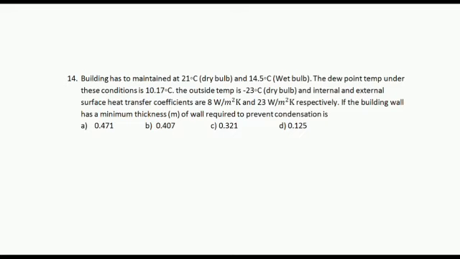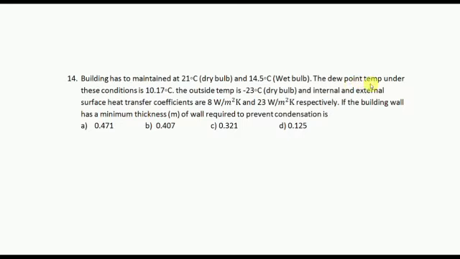Whatever wet things are coming, it will be absorbing because the humidity is low, right? When humidity is high, the absorbing nature is very low. When humidity is low, the thermometer's absorbing nature is going to be high. Now, dry bulb and wet bulb, this is the concept. Now coming to another thing, they have given the dew point temperature under these conditions.